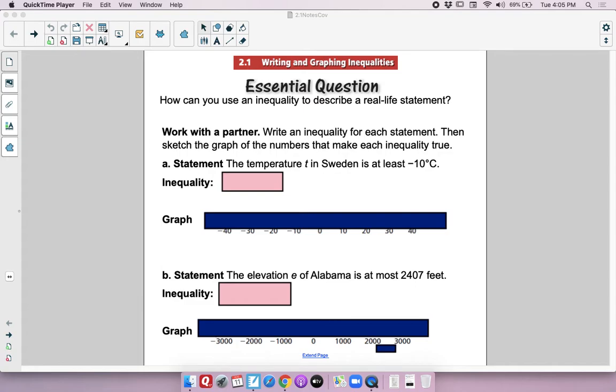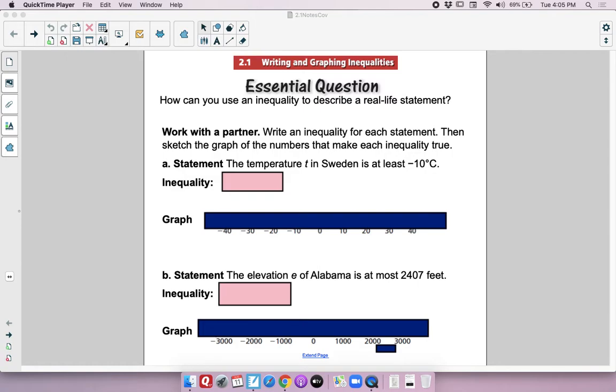Okay, here we go with 2.1, writing and graphing inequalities. I think this will be a pretty quick lesson. Probably a fair amount of review. We should move through this one pretty darn quickly. Our essential question, or kind of our target here, is how can you use an inequality to describe a real